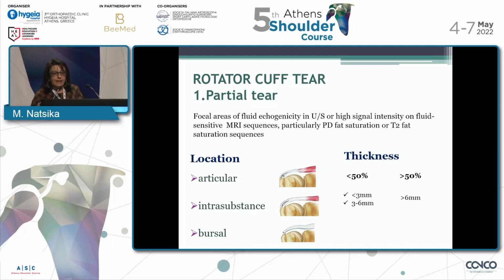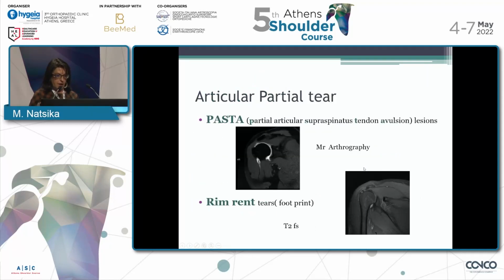In the partial tear, we find fluid echogenicity in US, or high signal intensity on fluid sensitive imaging sequences, mostly in T2 and less on PD. It's not so serious if you find it on PD sequences, but you must find it on T2 fat saturation images. And then we start to divide the lesions according to the location, and we know all these classifications,